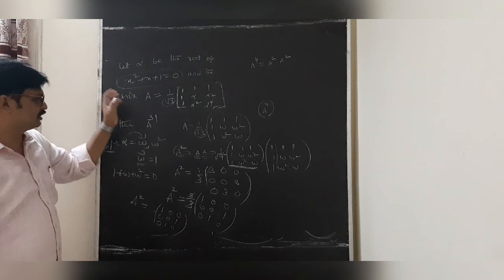Just to find out, A power 4 is I. I power 7 is nearer to the 31. 4 into 7 is 28, 28 plus 3. What is this, students? 4 7s are 28, and 28 plus 3 is 31. A power 4 is I, so I power 7 is I. I into A cube is A cube. So the required suitable option is A cube.